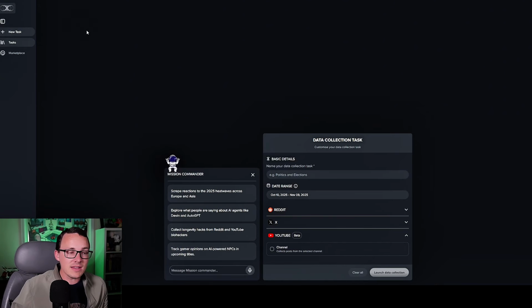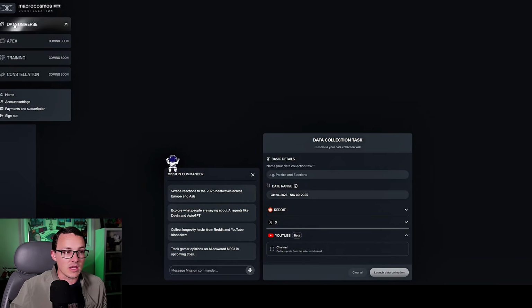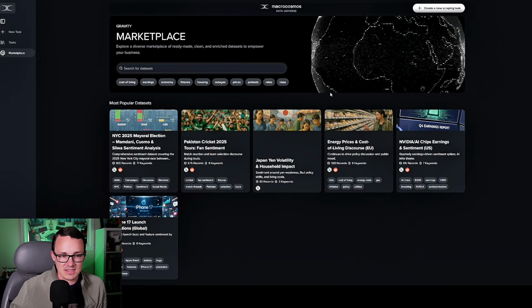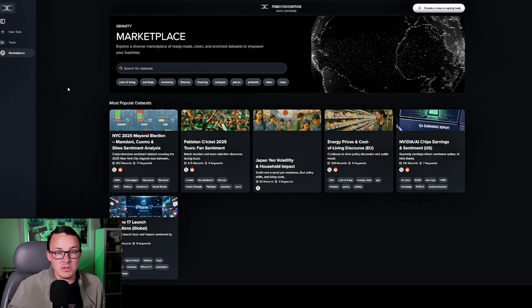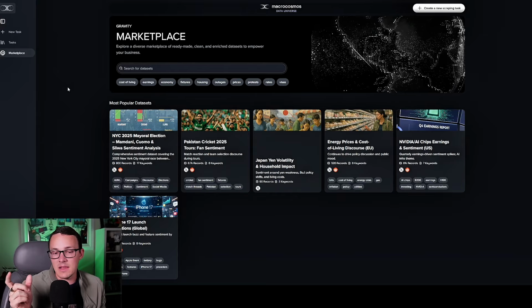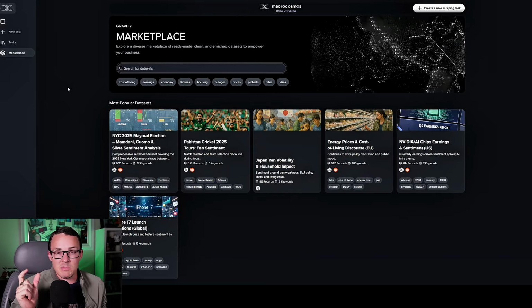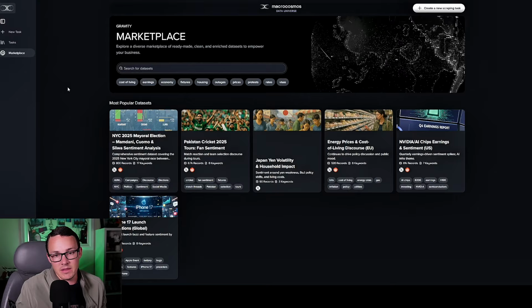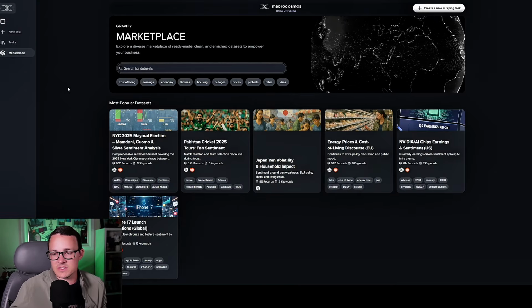So overall, you can see this is their Gravity product that we've been talking about. It's a really cool process and a really cool tool if you are looking to get data for analysis. Maybe you're training an AI, maybe a limited AI, not even an LLM, but fine-tuning an existing LLM on a specific data set or something like that.